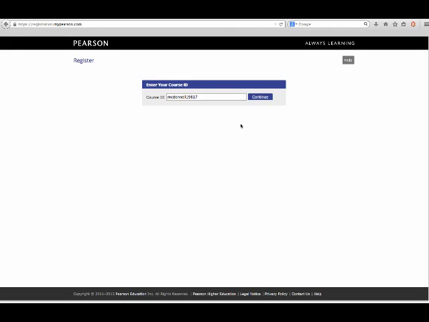The 11 o'clock code is the same last name, but you would need to type in the digits 68536. I'll say that again, 68536, after you type in the last name, McDonnell. If you have a different professor, obviously you have a different course code, and you will need to get that from your professor. Click Continue,